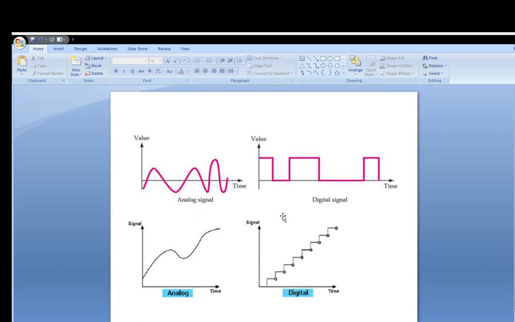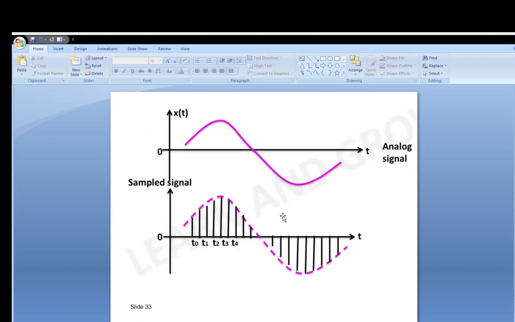So with the help of this discussion, we have discussed the concept of analog, digital, discrete, and continuous. Four types of signal we have discussed. First one is analog, second one is digital, the third one is discrete, and the fourth one is continuous. So the concepts are related to each other and cannot be separated. All these signals will be used to understand the concept of analog and digital.